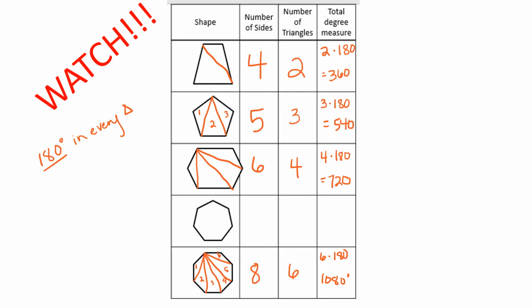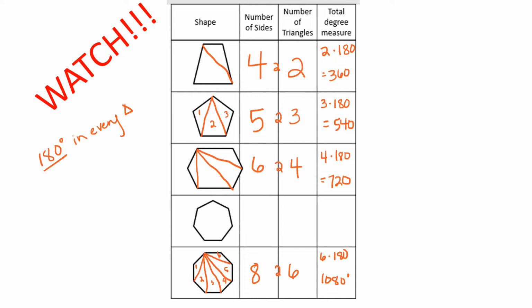Okay, so now are we seeing a pattern? Is there a pattern from this 4-sided shape and the triangles that correlate with it? Look at here, 4 to 2, there's a 2 space difference. 5 to 3, 2 difference. 6 to 4, 2 difference. 8 to 6, 2 difference. So in this next slide, we're going to compose